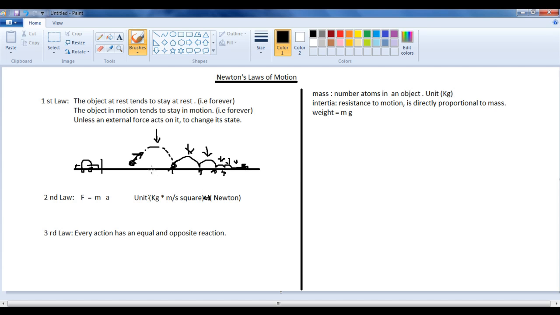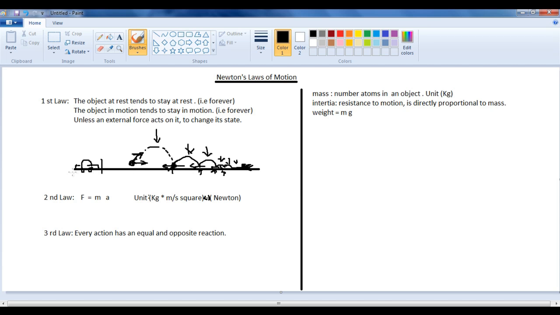And also if an object is moving in this direction, the object is moving towards the right. There is an opposite force acting continuously, that is known as the friction force. There is a force acting in the opposite direction so that the object comes to rest. So there are many forces acting on an object in the real world. If it is moving, definitely it will come to the rest state.